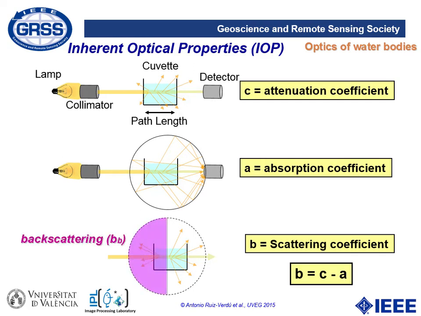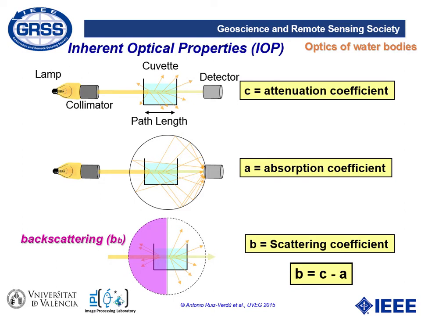And this light that is being scattered in the backward direction is called the backscattering. And the coefficient that measures the